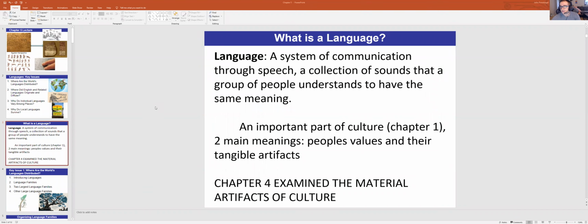Okay, this is the chapter 5 lecture on language. So, I really want you guys, before we start this, to be comfortable with the concepts that we covered in the first 4 chapters, because now when we get to language, we're going to actually employ a lot of those concepts and see how they're operationalized.